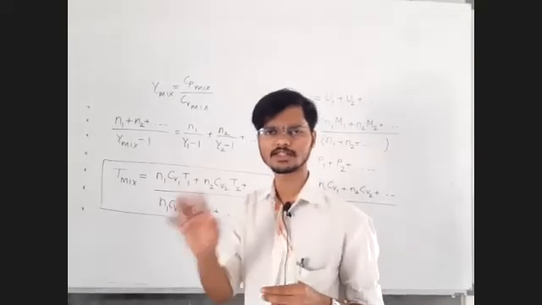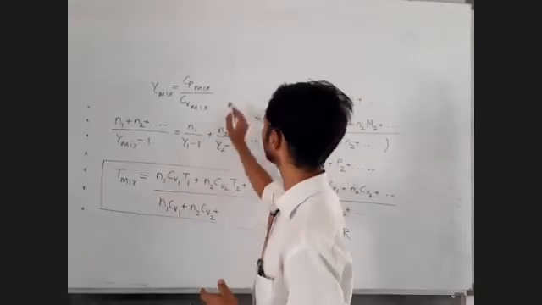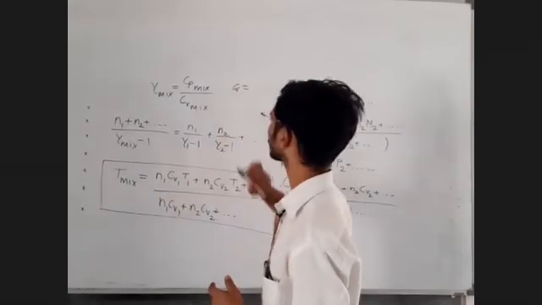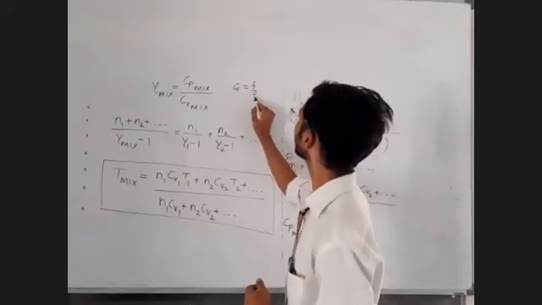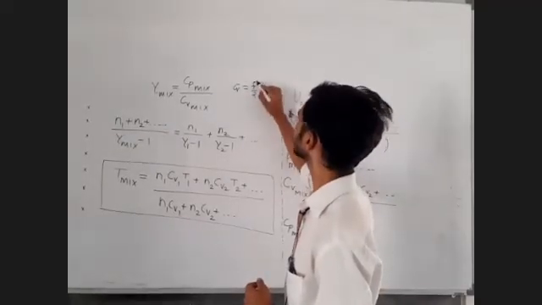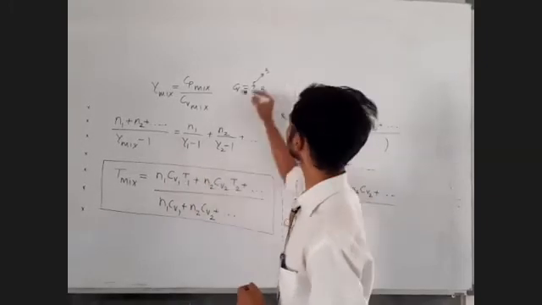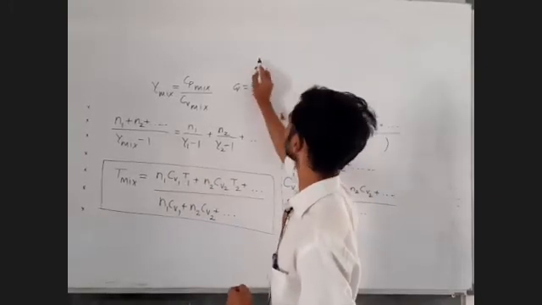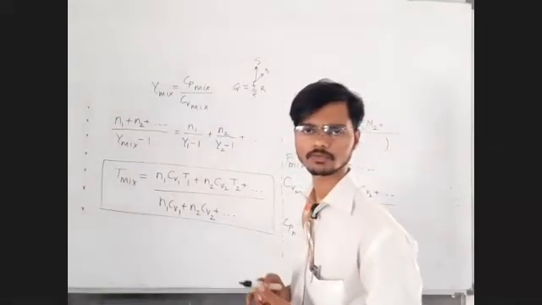The first gas is monoatomic gas. So we know general formula for CV is what? General formula for CV is equal to F by 2 R, right? F by 2 into R. Now for monoatomic gas, degrees of freedom will be equal to 3. And the second gas will be given to you as a diatomic gas. For that, degrees of freedom will be 5.